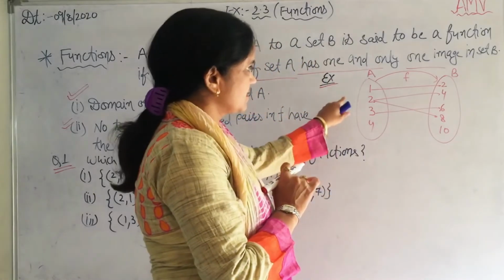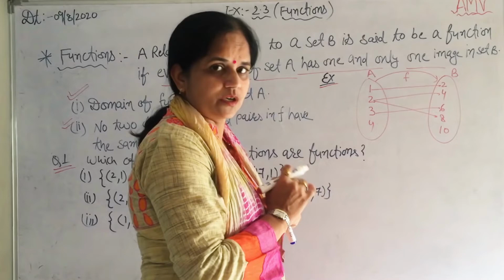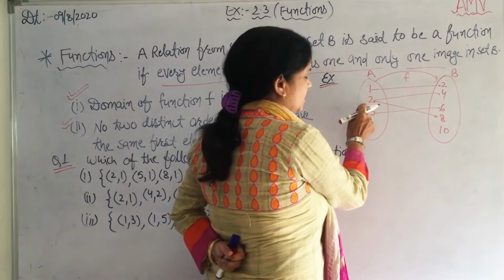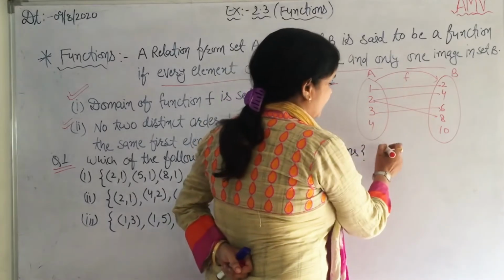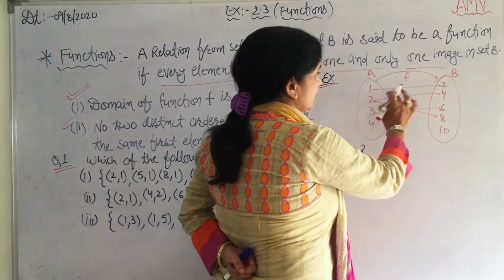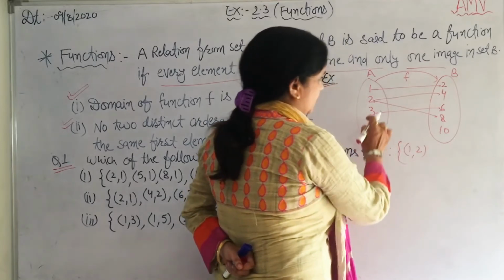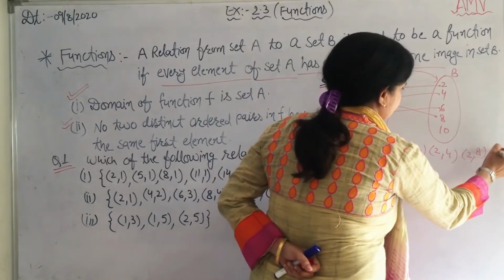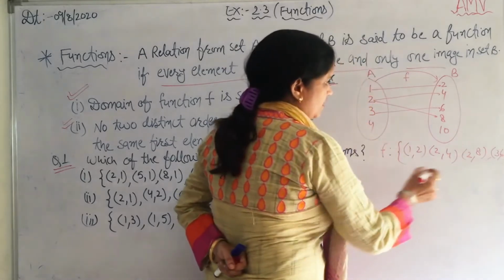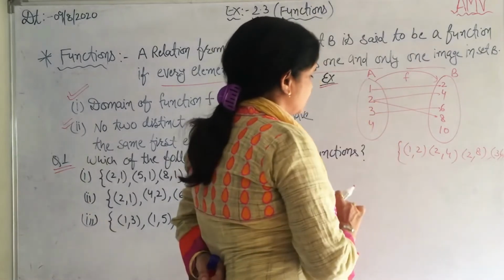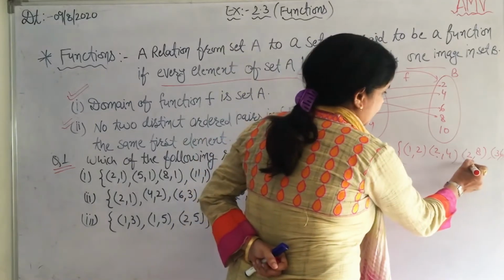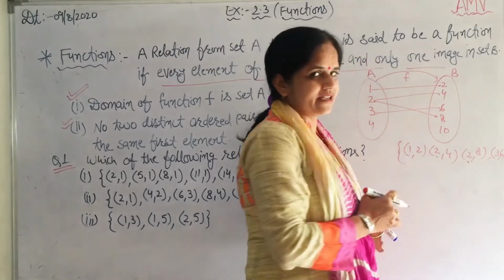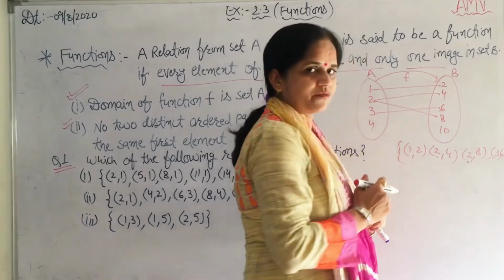Now, is the given relation a function? No. Why? First of all, here there are 4 elements 1, 2, 3 and 4. And if we write the relation in ordered pairs, it's (1, 2), (2, 4), (2, 8), (3, 6). Then see students, here 2 is the repeated element in 2 ordered pairs. The first element is repeated, hence it is not a function.